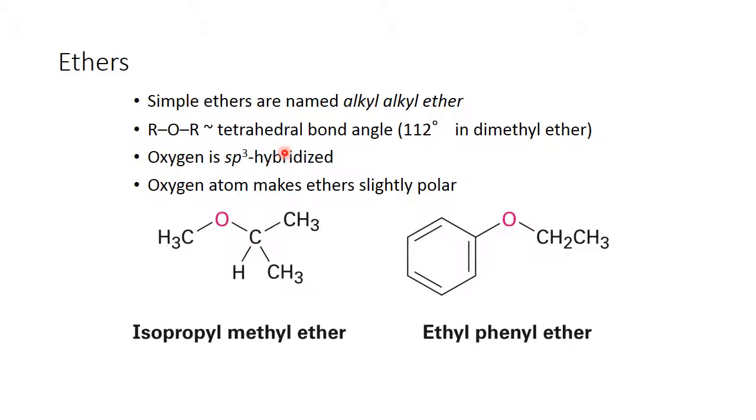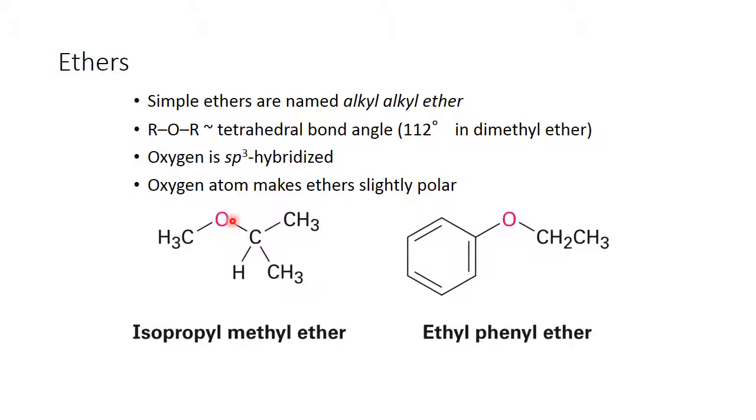If it were purely tetrahedral with no regard to any kind of bulkiness of the alkyl group, you would have a bond angle of 109. But because these groups that are on the oxygen are rather bulky, they squish the non-bonding pairs together and they open up that angle. It is sp3 hybridized,